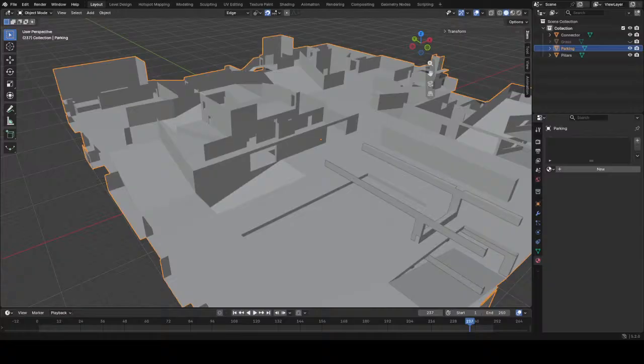I use the square brackets to change the grid scale, press L to select connected faces, and then raise this interior. Anvil adds a new select mode to the toolbar that ignores